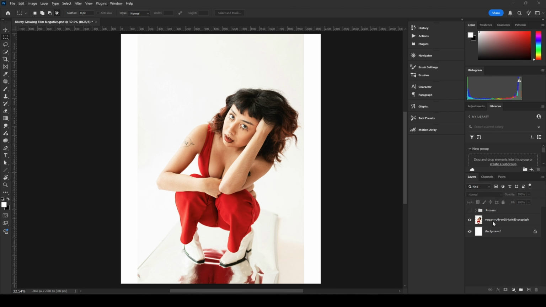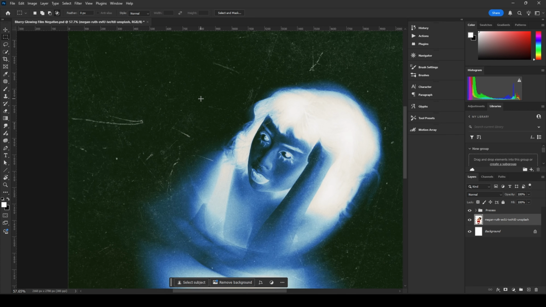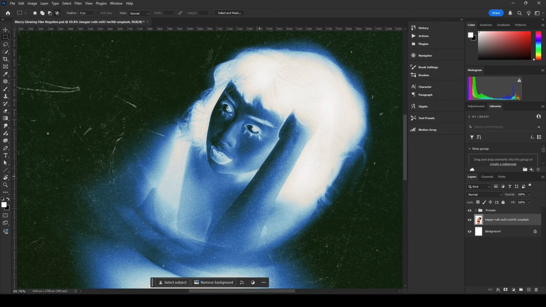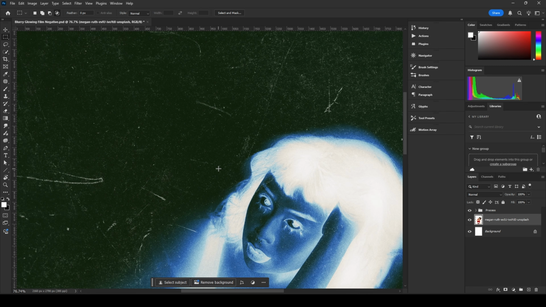Hey there, today I'm going to show you how to take your image from this to my take on a blurry film negative look here in Adobe Photoshop. There is some artistic liberty taken since I don't think you'd typically find this dark foresty green color alongside this white and blue inverted look in a real 35mm film negative,